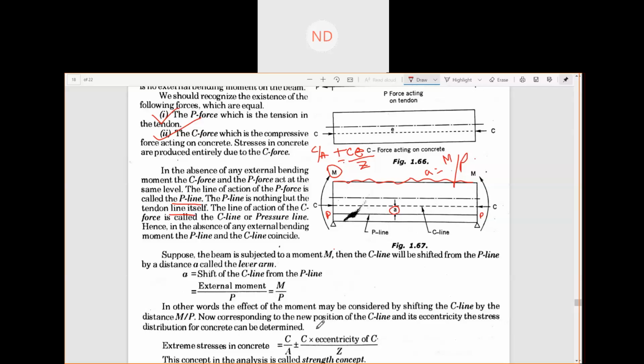Now, corresponding to the new position of the C line and its eccentricity, the stress distribution for the concrete can be determined by this C by A plus minus CE by Z. This one, C by A plus minus CE by Z. Now, if we try to solve a question on this,